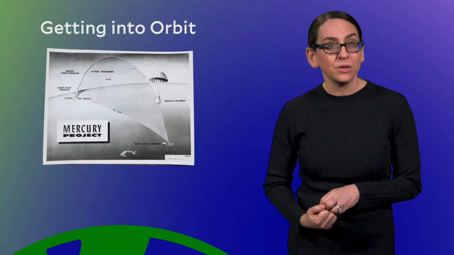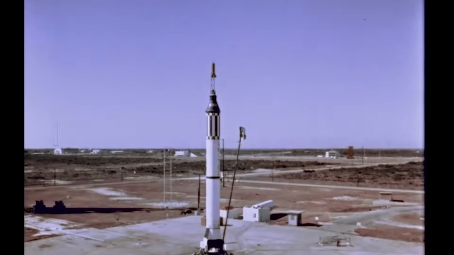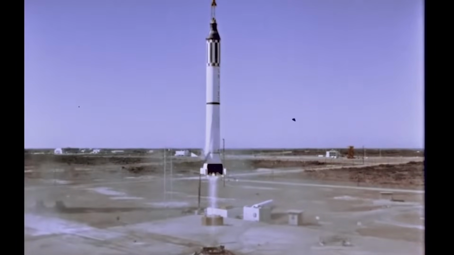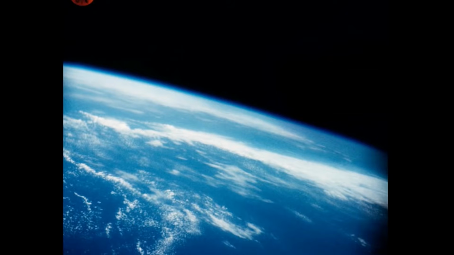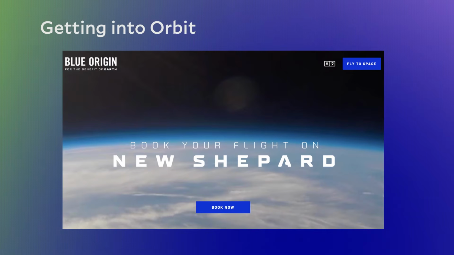So in 1961, Alan Shepard became the second human and first American in space. Shepard made history on a suborbital flight that lasted 15 minutes and reached a height of 180 kilometers above the surface. Fast forward 6 decades, and you can now buy a ticket for a suborbital spaceflight. One of the rockets taking tourists on these suborbital spaceflights is Blue Origin's New Shepard rocket. All you need is a hilarious amount of money and like some Dramamine.